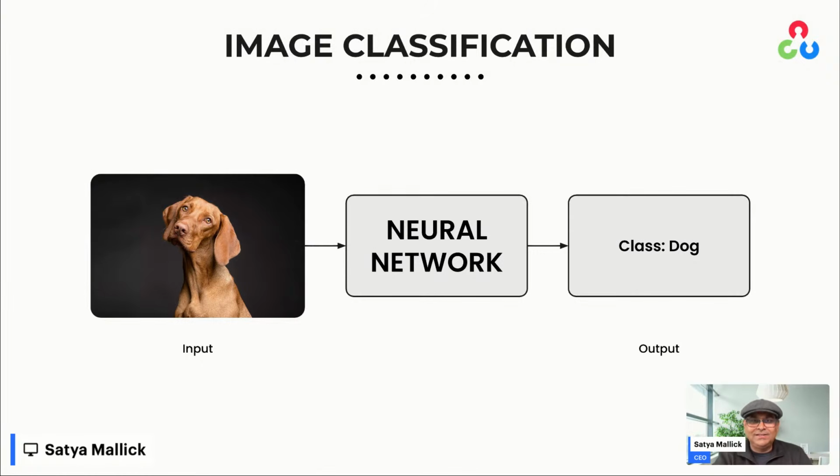You have this neural network that you train, taking several examples of dogs, cats, horses, whatever classes you want. You have the ground truth also. You know which image contains what. An image of a dog has the label dog, an image of a cat has the label cat, and so on. And then you train